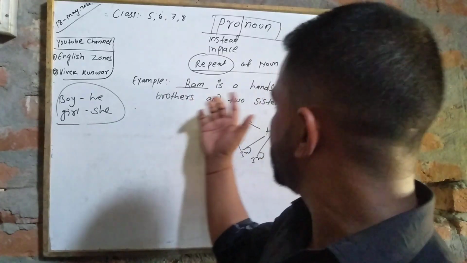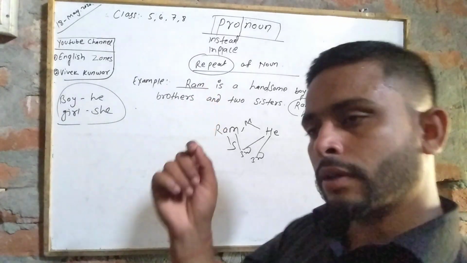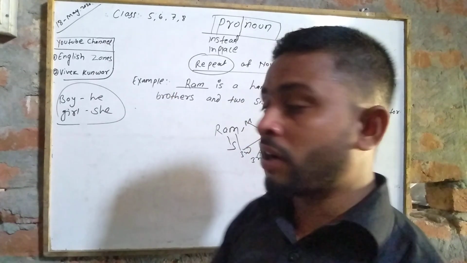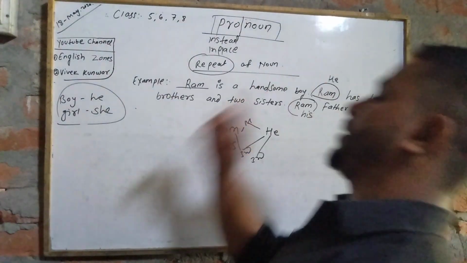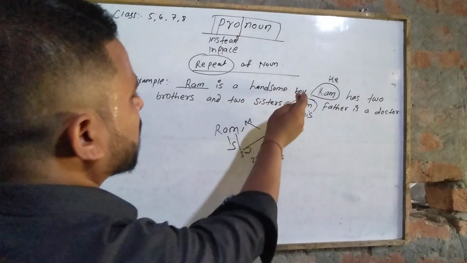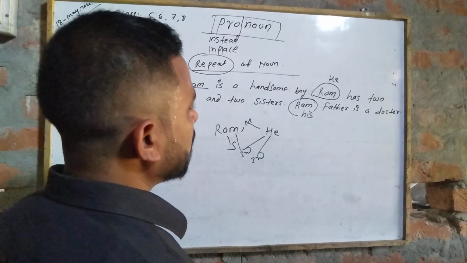So I just told you Ram is a handsome boy. First, there is a Ram. For the first subject, you must use a noun. After the first, use a pronoun. Ram, you must remove. If there is Sita, Sita is a beautiful girl. Sita has two brothers and sisters. Sita's father is a doctor. You can